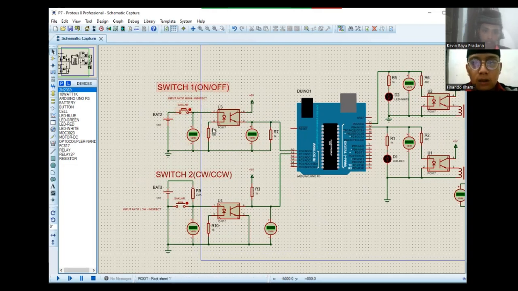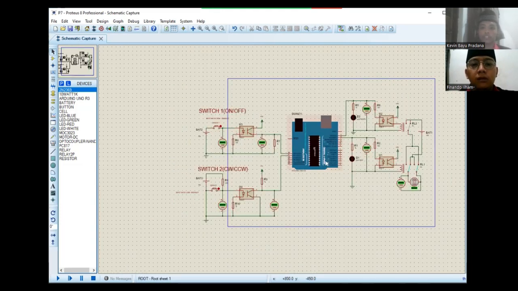Switch number 1 functions to turn the motor on or off. If this switch is high, the motor will be turned on, and if low, the motor will be turned off. The second switch functions for the rotation of the motor. If high, the motor will rotate clockwise. If low, the motor will rotate counterclockwise.